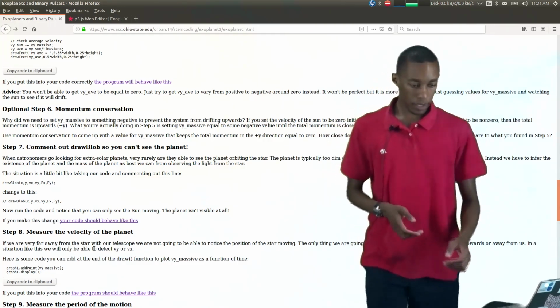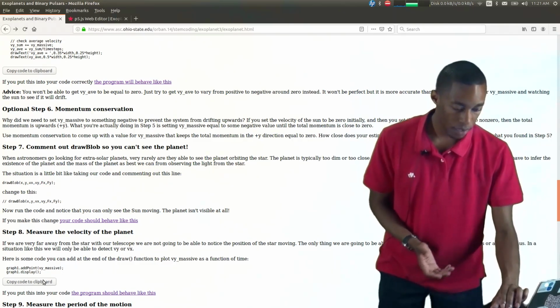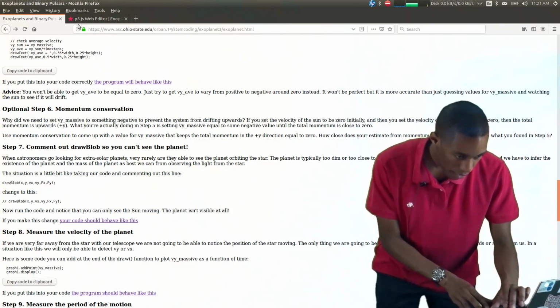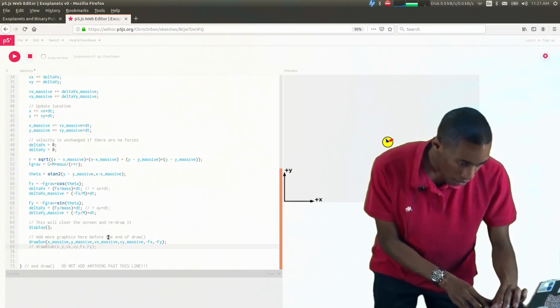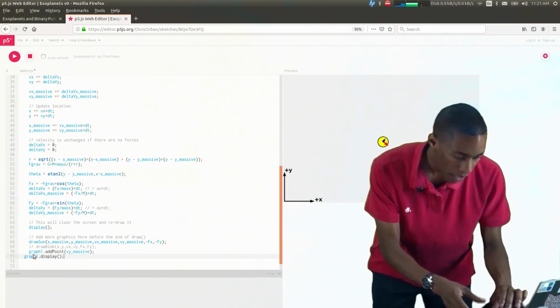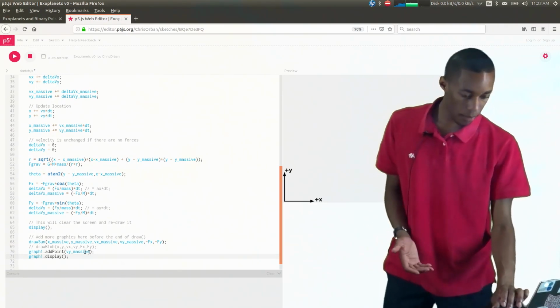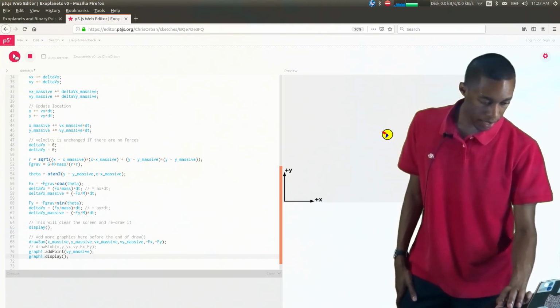So I'm going to go here to step 8, where we measure the velocity of the star. We're going to copy it in the clipboard, and under display and under draw, I want to put that line. A good spot to put it is right under where we had draw blob commented out. It can be anywhere as long as it's underneath display. And if I play that,